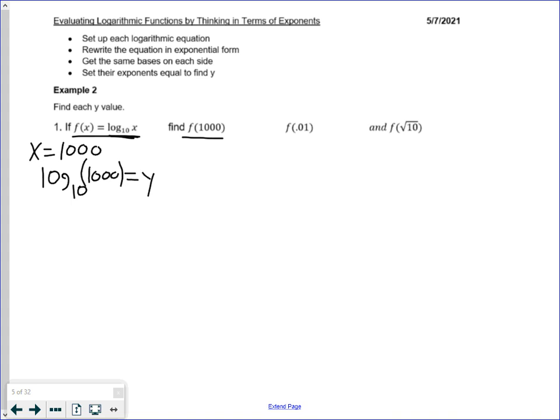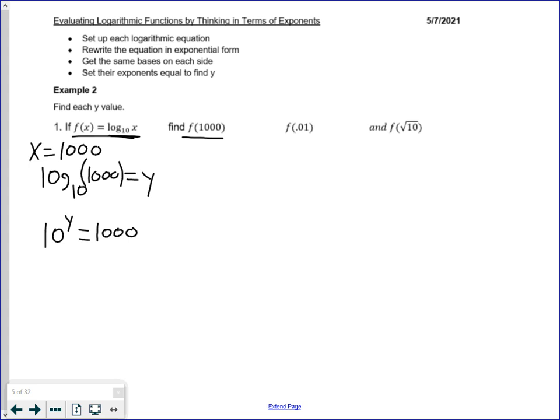So now we have our log function put together. We plugged in our x, we set it equal to y. We're going to convert it into an exponential form, because we can't really solve it as a log. We don't really know what to do with it. So what we're going to do instead is convert it into an exponential where we can actually solve it out. So if we convert it into an exponential function, we get 10 to the y